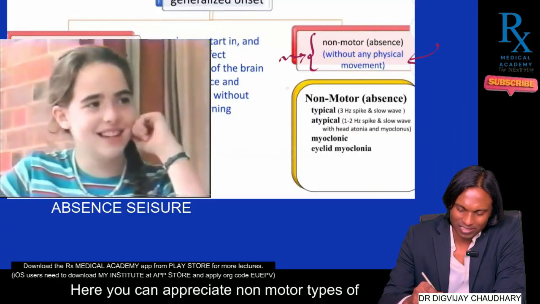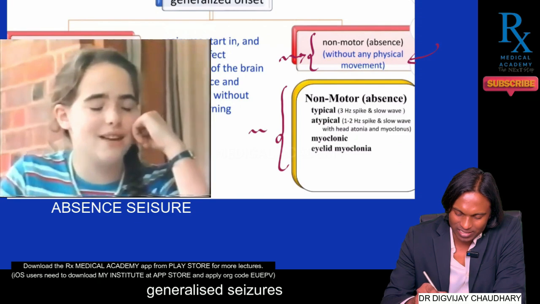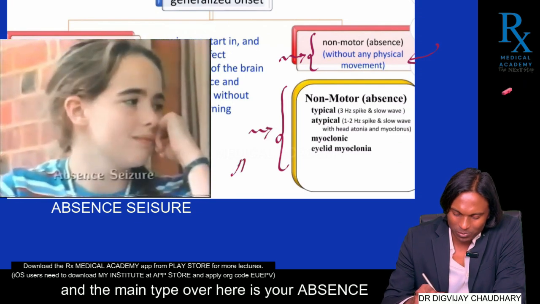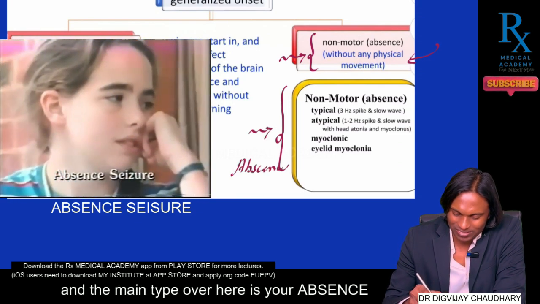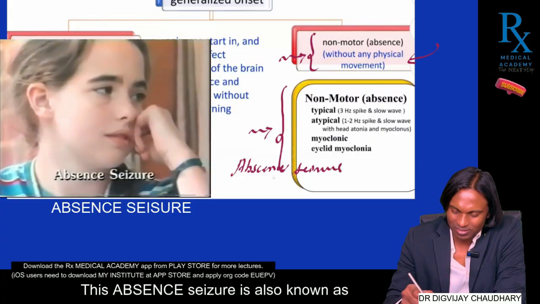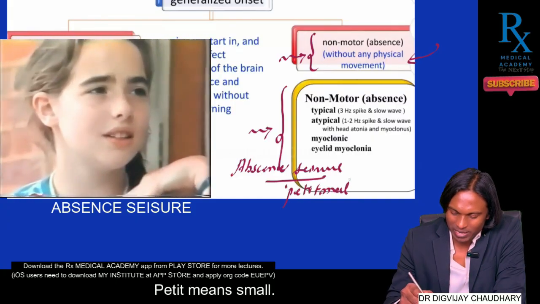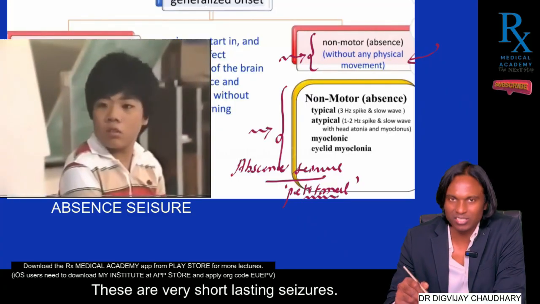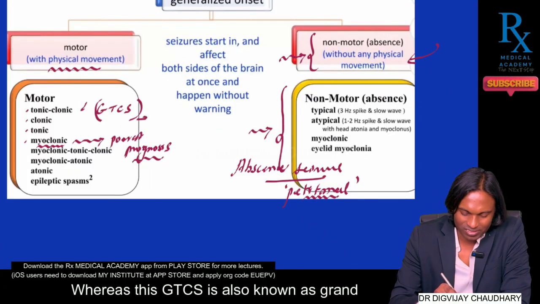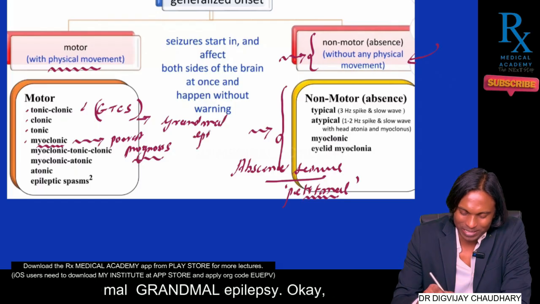Here you can appreciate non-motor types of generalized seizures, and the main type over here is your absence seizure. This absence seizure is also known as petit mal. Small seizures, petit means small. These are very short lasting seizures. Whereas this GTCS is also known as grand mal epilepsy. Okay,